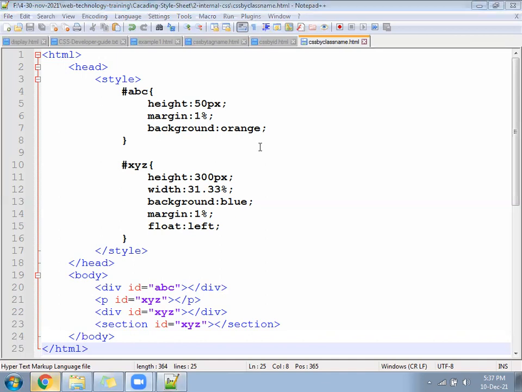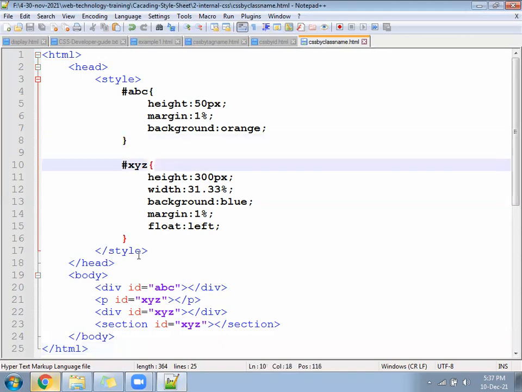Next, now come to the CSS by class name.html.